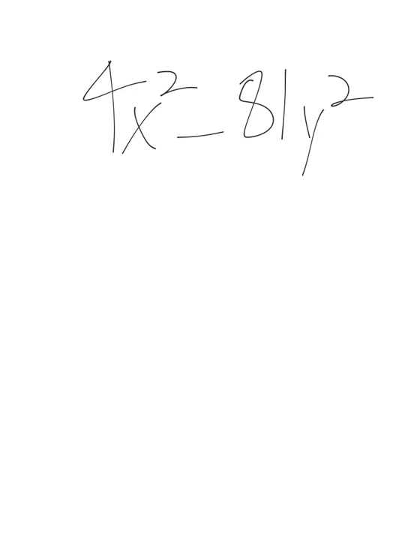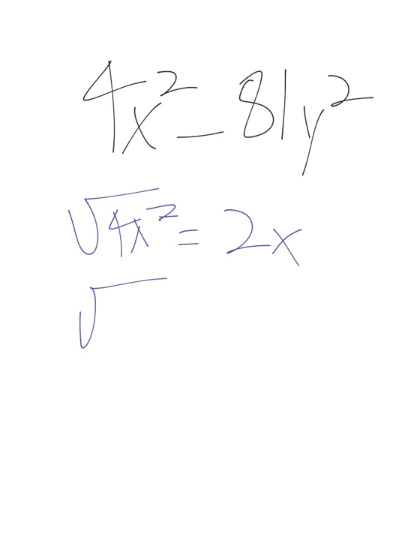Okay, so you see x squared and y squared, they both have a square, so you can square root that. Can you square root 4 and 81? Yes, you can. What is the square root of 4x squared? Well, the square root of 4 is 2, and the square root of x squared is x. What's the square root of 81y squared? And again, just kind of ignore that minus sign. Don't try and do the square root of negative 81 because you can't take the square root of a negative number. So the square root of 81y squared: square root of 81 is 9, and the square root of y squared